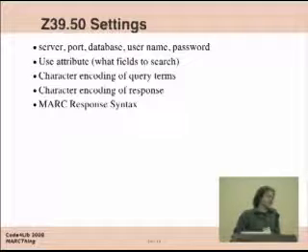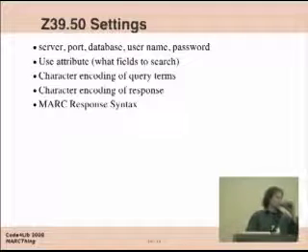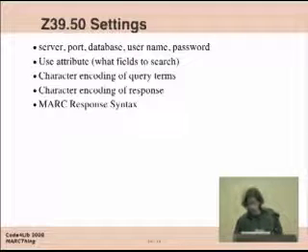MARC comes with its own inherent complexity. Probably the main thing is bridging the gap between machine-readable cataloging and machine-usable cataloging. An example there would be if you wanted to pull out the number of pages in a book from a MARC record. Well, that's not stored in a controlled field. It's just an uncontrolled field. So if you want that, you have to do some really complex processing to get that data out into a format that's actually usable, that you could add to another number or something. So with that inherent complexity, that creates all sorts of challenges.